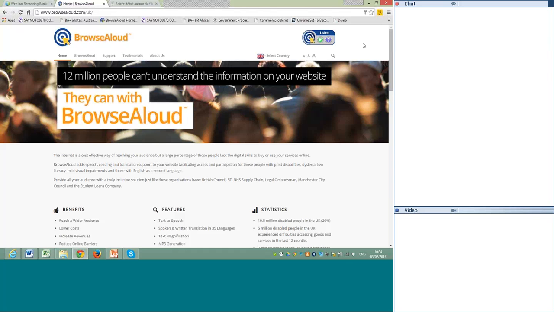In terms of the number of customers that we have, 7,000 websites around the world use BrowserLoud. So in the States, the House of Representatives, US Senate, Smithsonian University. In the UK, 40% of municipal government websites use BrowserLoud, hundreds of social housing websites, charities. We have major enterprises using it, Citigroup.